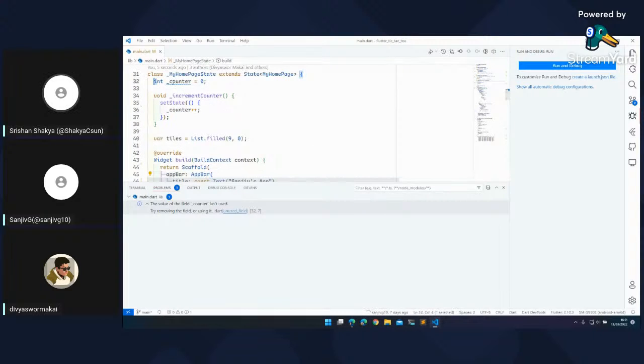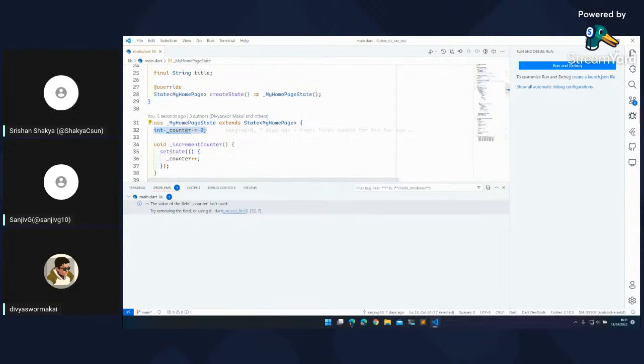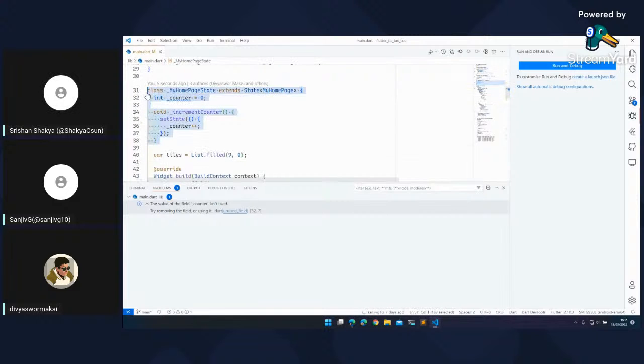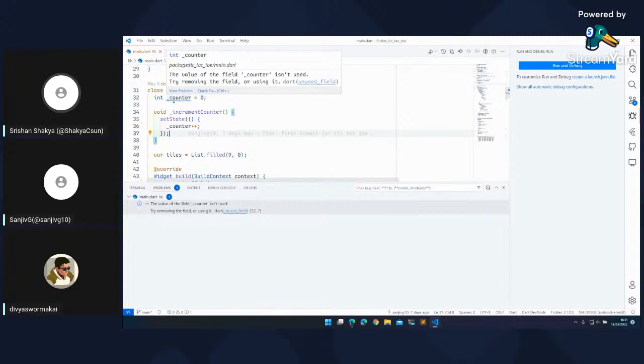And here we have a counter variable. This is redundant from the default Flutter app. We don't need this code either. And here it is warning us that the counter variable is not used anywhere.